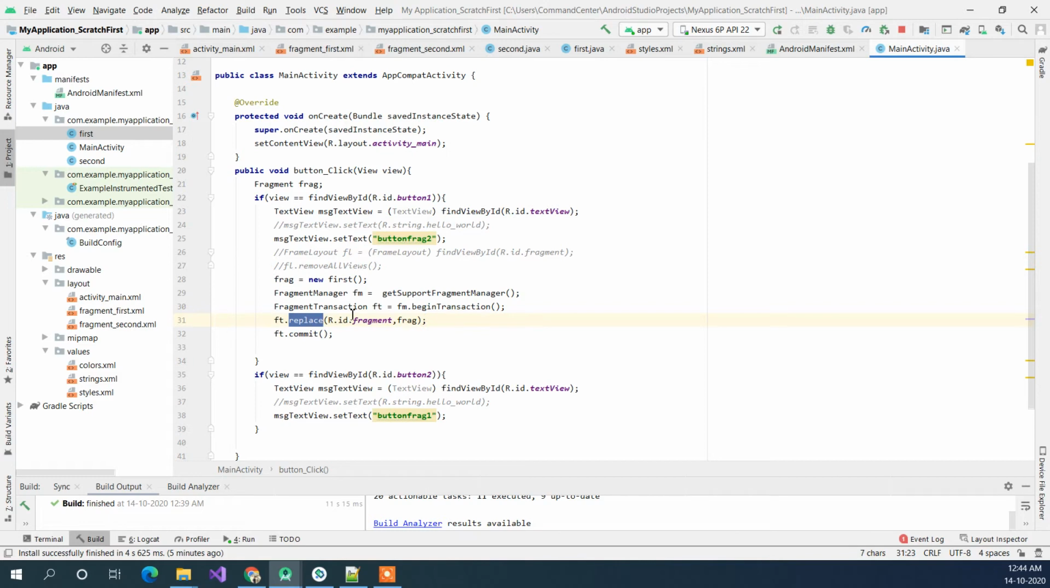So what it will do is it will use this fragment and replace it with the fragment ID which we have used. Right, so this will be the frag. So replace will be done using this ID to this. So this is our fragment ID, and if you want to cross check it again, let's just go to the activity main again and go to the code, and you will find